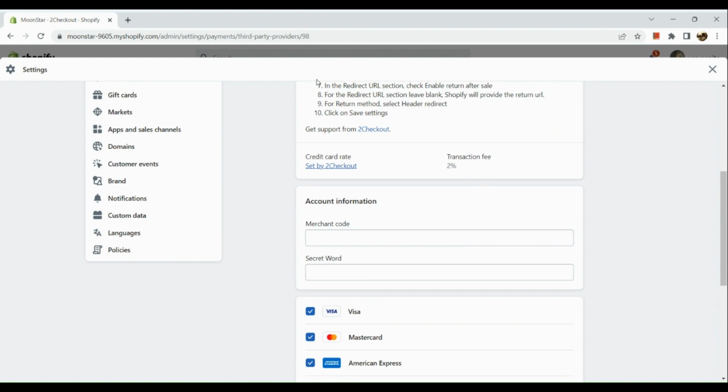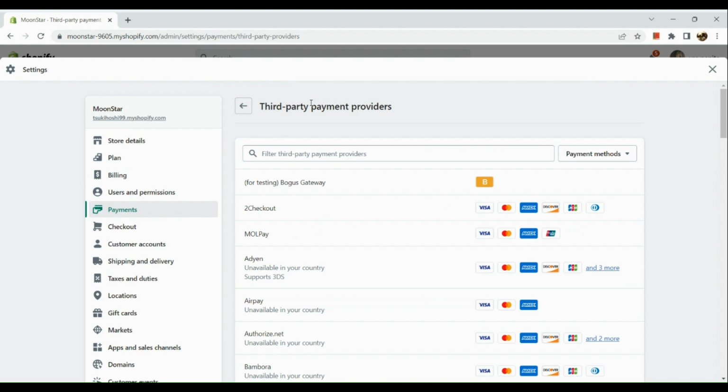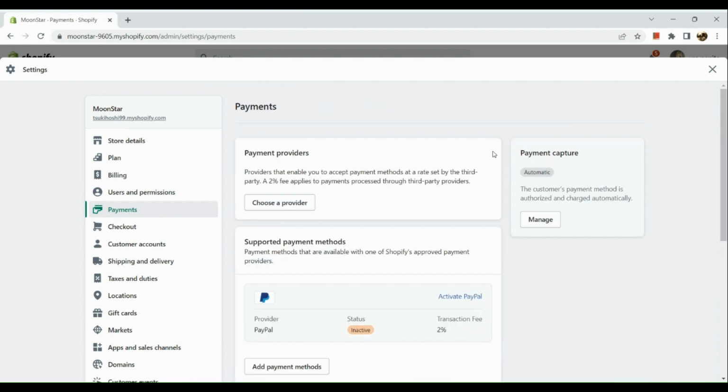After you have added a payment provider, there will be a manage button right there to access your payout settings. From there, you just need to click on request payout to withdraw your earnings from your Shopify, and then you may be asked to verify your identification before you can withdraw the funds. Once you have requested the payout, it will go directly to your bank in 3 to 5 business days, depending on your location and your banking